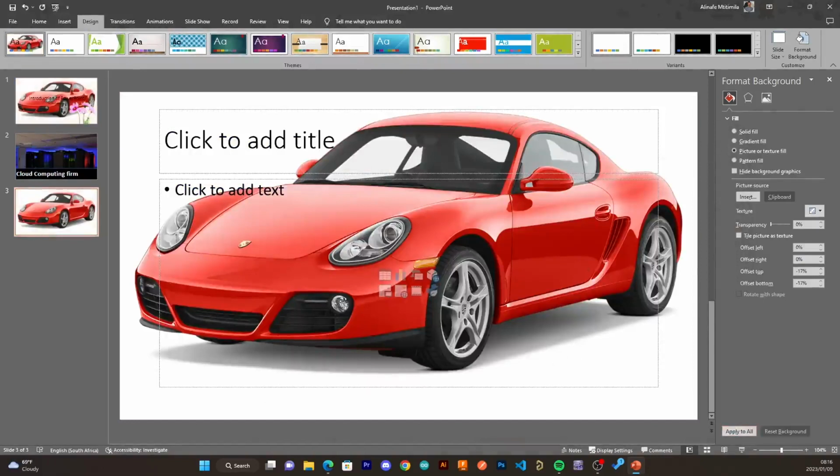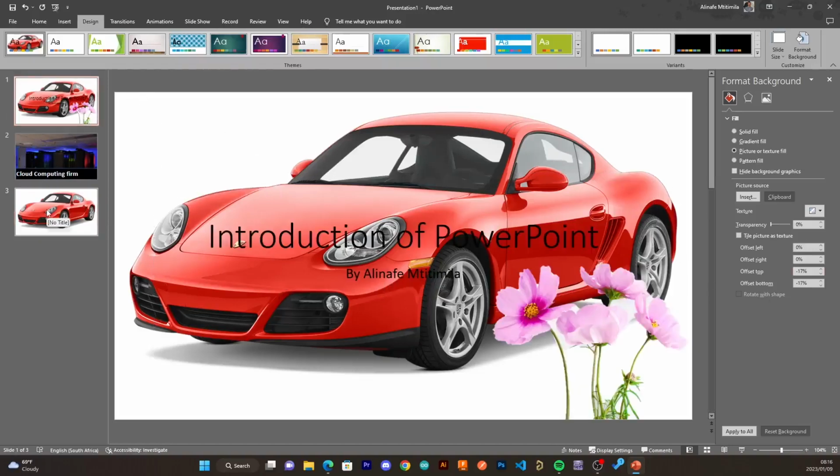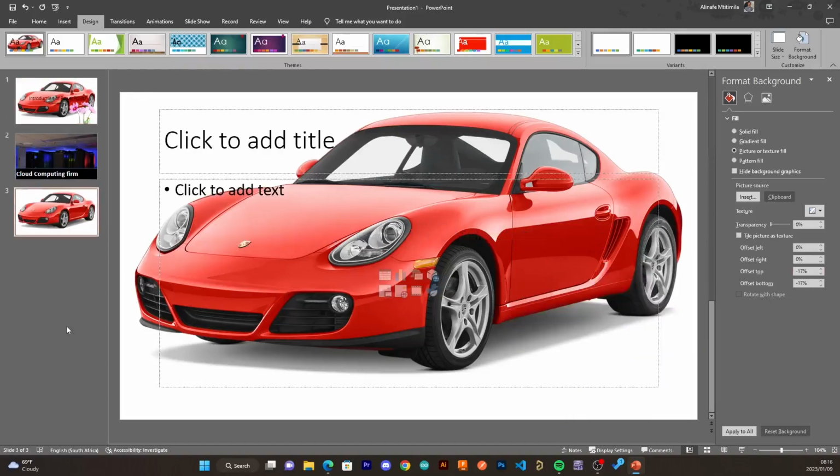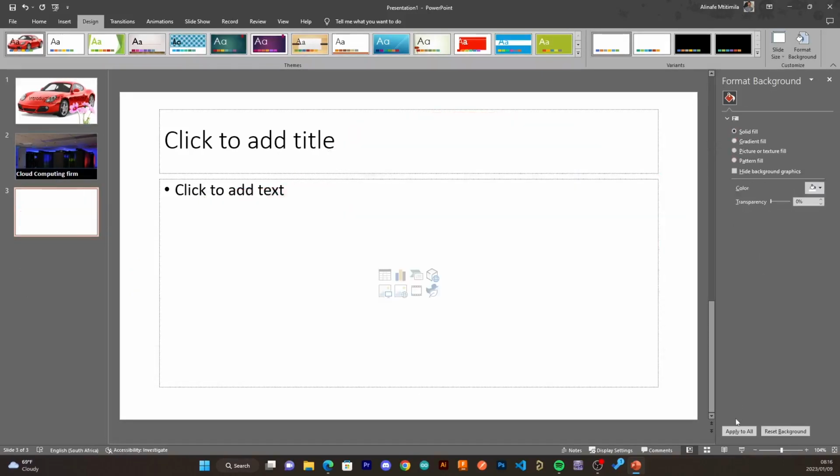And that's it. We do have a background color applied to all the images. So you can see the first page has a background color, and every page has a background color as well. So let us reset the image or put it as a solid color and apply to all in order to return back to